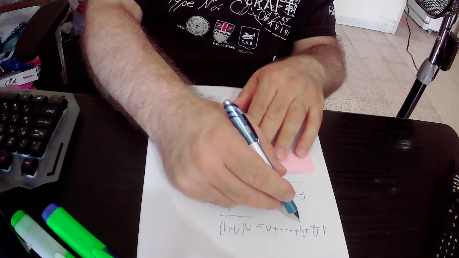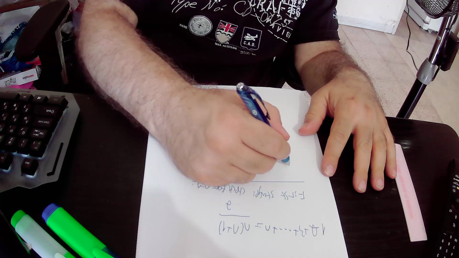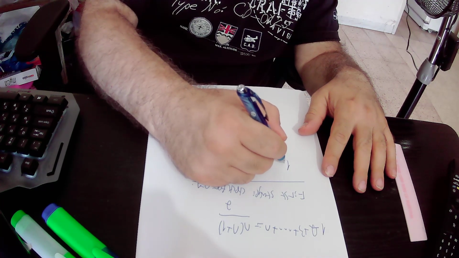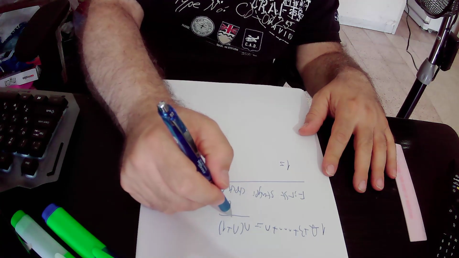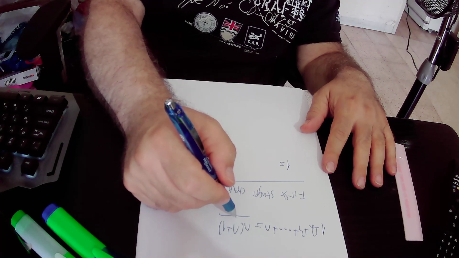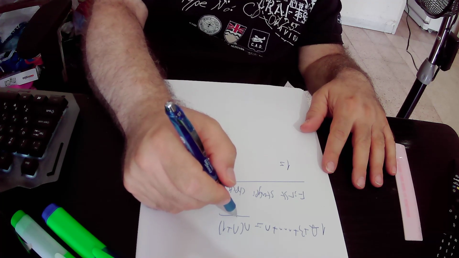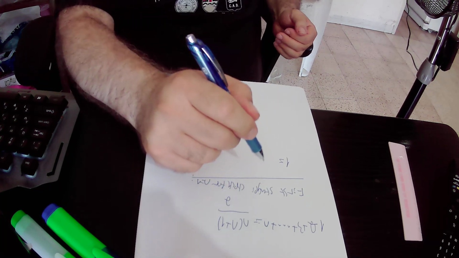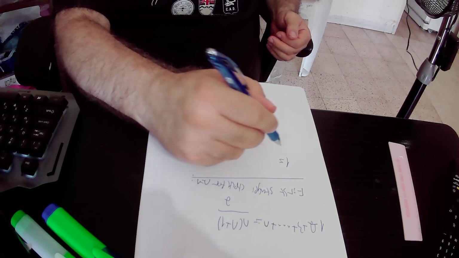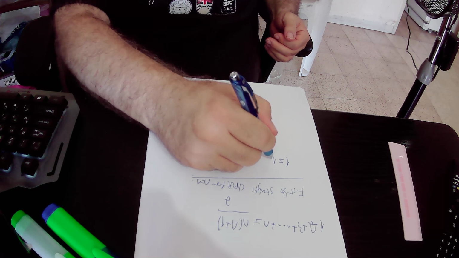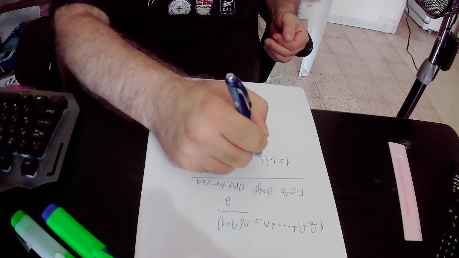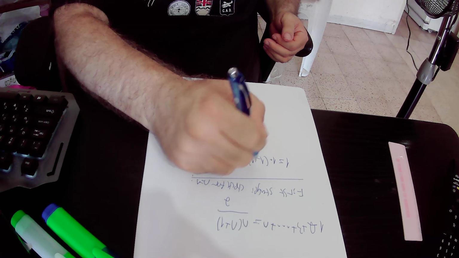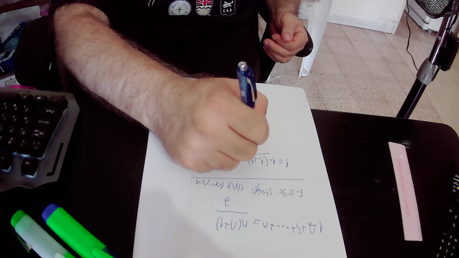In this side of the equation we will have only 1 because n equals 1, and the other side of the equation we have n times n plus 1 divided by 2, and n is equal to 1, so it will be 1 times 1 plus 1 divided by 2